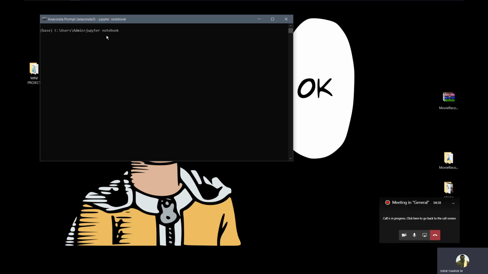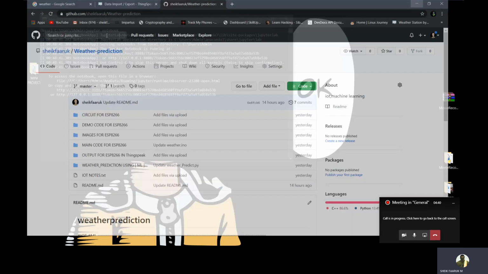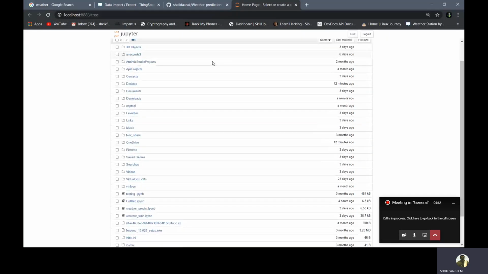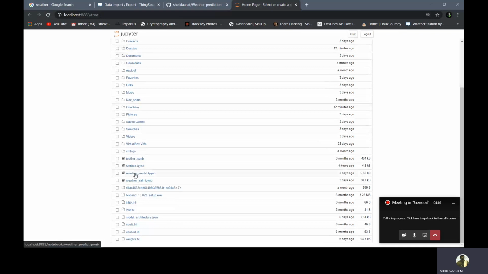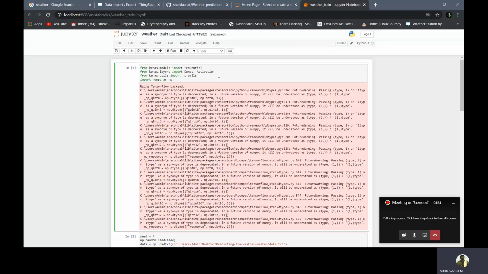This is the Jupyter notebook, and here is our training data. We are using major packages, Keras and NumPy. Importing, and the data set is here.